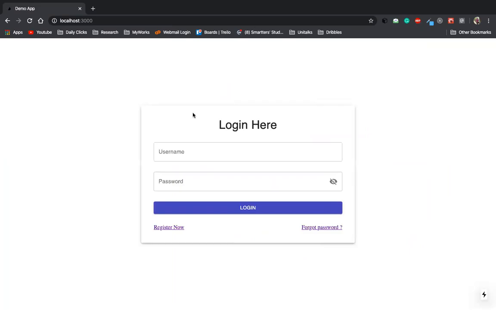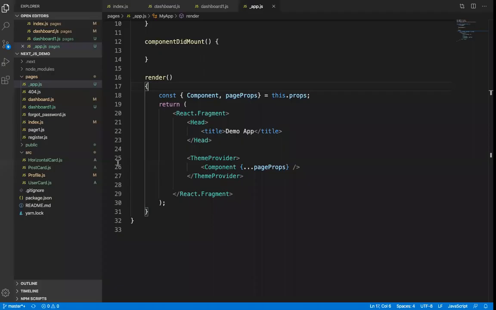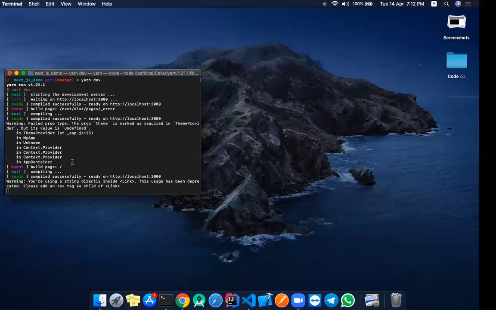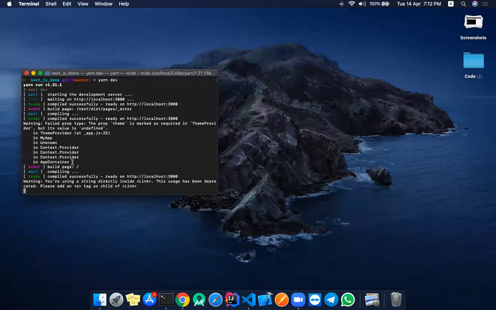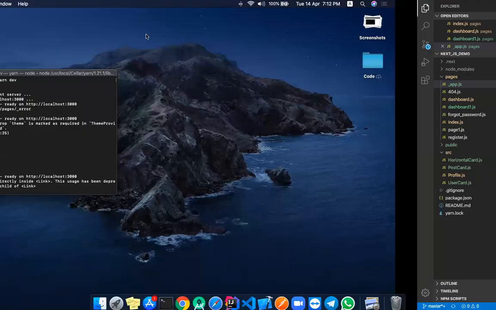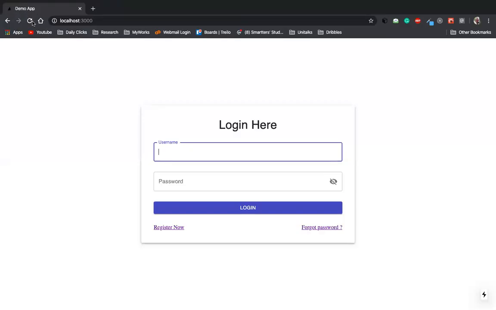Okay, so the server may have some caching issues sometimes. So if any CSS disturbance occurs in your screen, just stop your server and restart your server. It will get fixed automatically. So in the login page also there is a title available in your title bar.